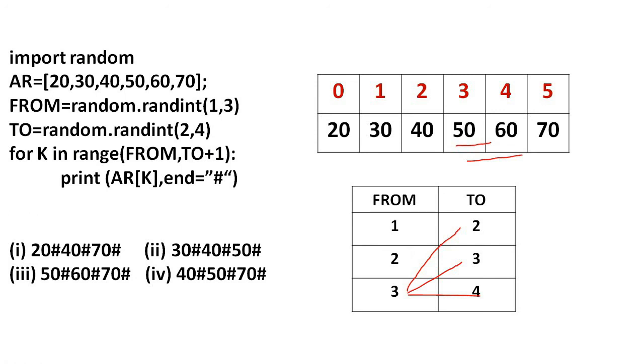Then try to solve more and more sample questions just by changing the values. And also you can change the upper and lower limit for this randint. You can use randrange function instead of randint. You can change the range of for loop and the statements inside the for loop. Then try to solve.